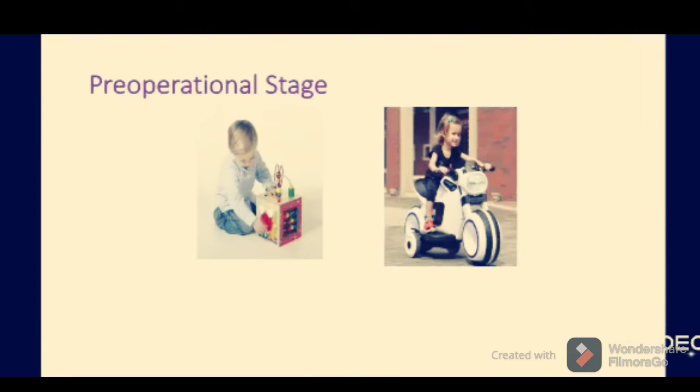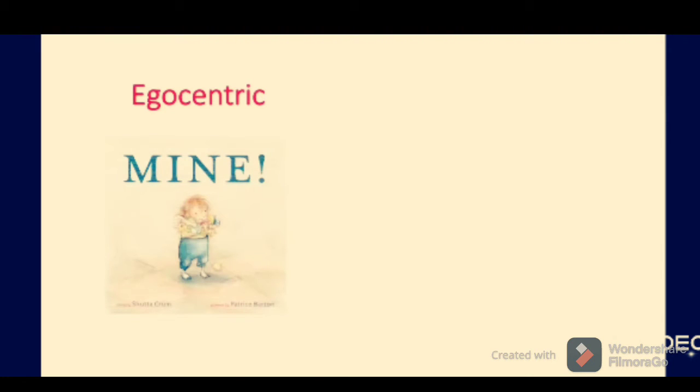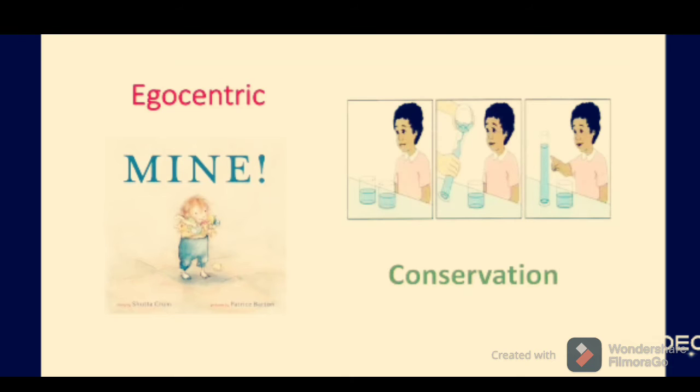Next, we'll see about the pre-operational stage. It occurs from 2 to 7 years. Here, the child understands the world through language and mental images. Thinking is still egocentric. That is, the child has difficulty in taking the viewpoint of others. In this stage, the child thinks without logical rules. Conservation also occurs in this stage. That is, the child believes that an amount or quantity stays the same even if its apparent size and shape change.